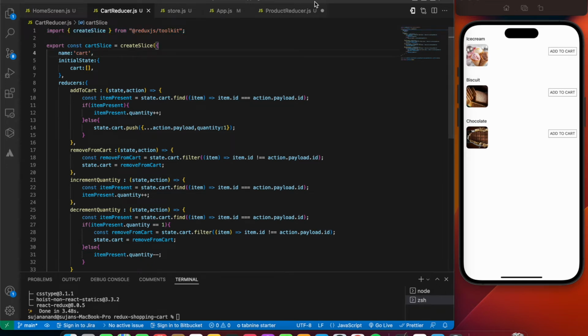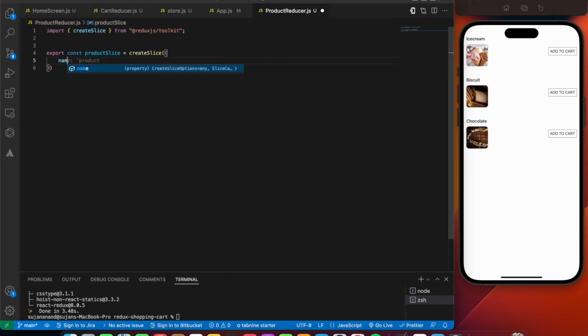The first thing is similar to the first thing over here itself, the name attribute. So we're going to say name. Since we'll be focusing on the product page, we'll be writing product over here. And the next thing is the initial state. As I told, I'll be focusing on one thing, that is the increment of quantity in the home page. It should be the same as well as the cart page.